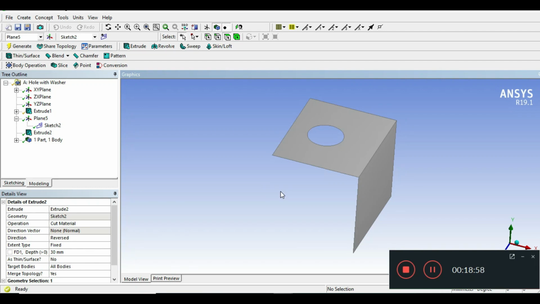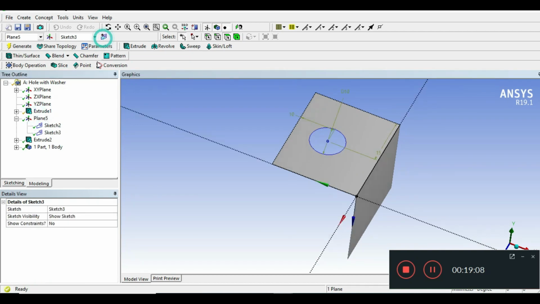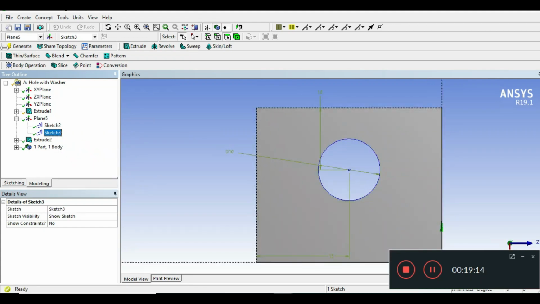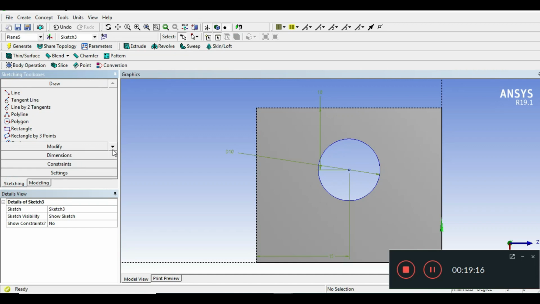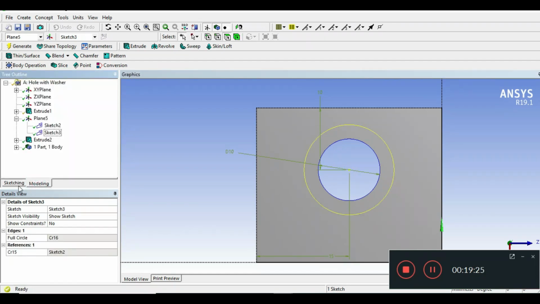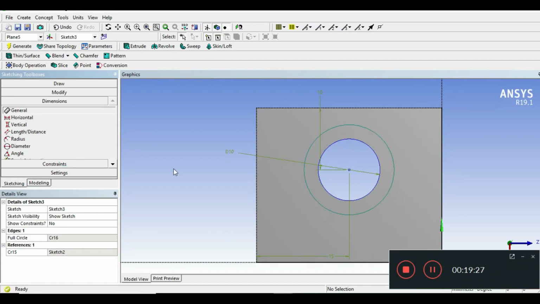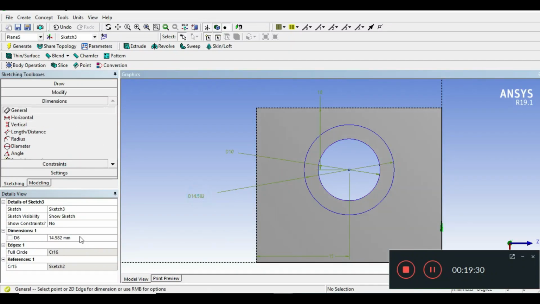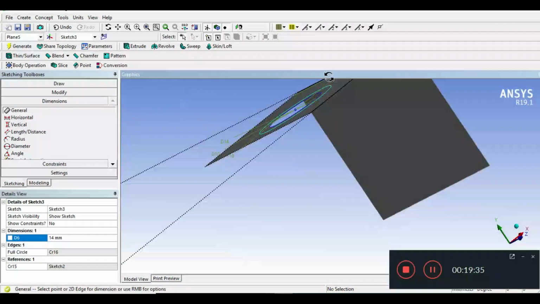Before that, let's create a washer again. For this, select plane number 5 again, insert new sketch, select sketch 3 and look at, create a new circle of diameter 14 here, and the dimension is 14, right? So here